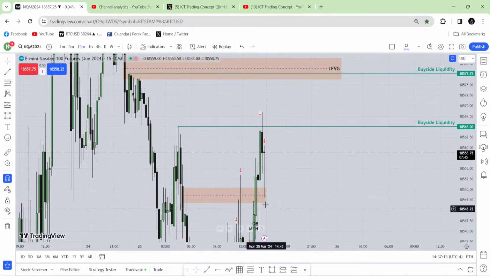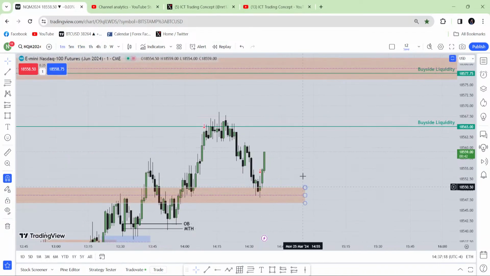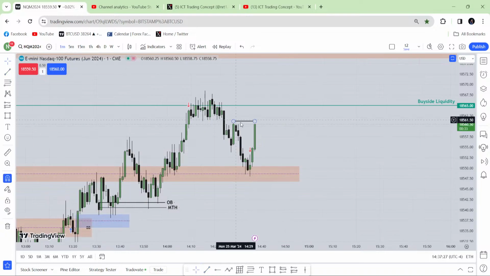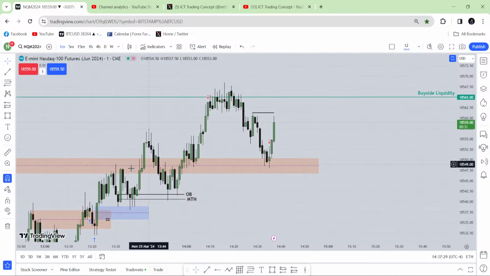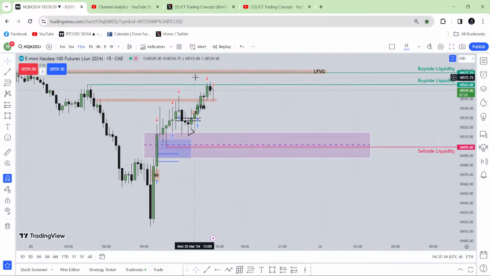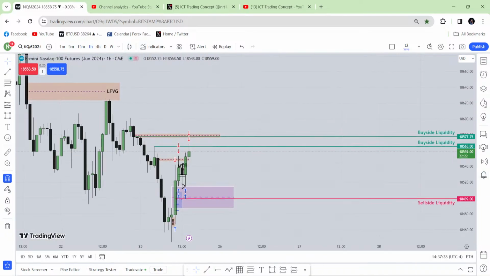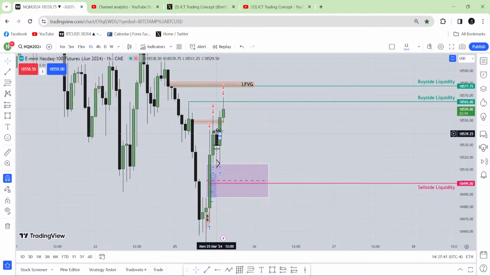Yeah, it didn't trade any fair value gap, so I'm unable to frame my trade again here. If this had traded a fair value gap, then I would mark that swing high as my shifting market structure, if it had been traded from a fair value gap on the 15-minute chart. Now on this chart you can see the price action over here is very messy. You can go to the hourly chart and find out if there is any fair value gap there. There is an hourly fair value gap, but the market didn't trade that fair value gap.